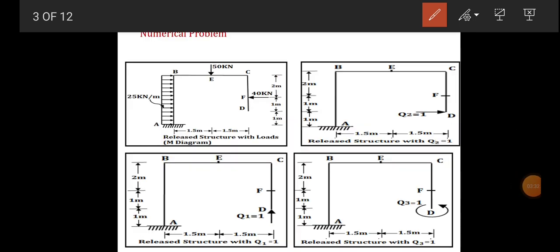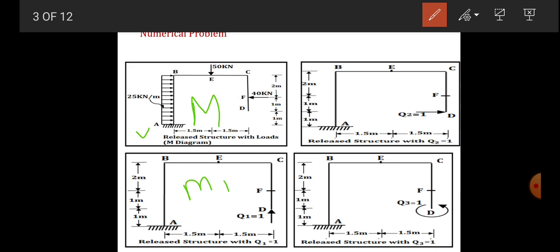Next point, let us draw the release structures. First release structure with the load. Here, remove the redundant support which is at D, and keep the remaining part as it is. Keep A support as it is, and the load over the structure as it is. So that diagram we call as the capital M diagram. Next is the